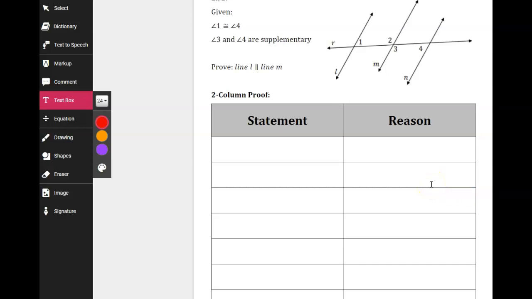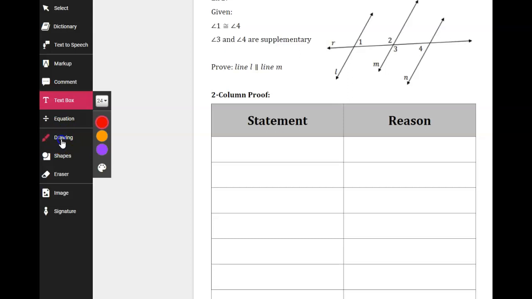One of the things that I do want to mention in a 2-column proof is that the statements that are given, you use them when you need them. So you don't just throw them in at any time. Once you have a logical flow for your argument, those given statements should be inserted when they're needed. For example,